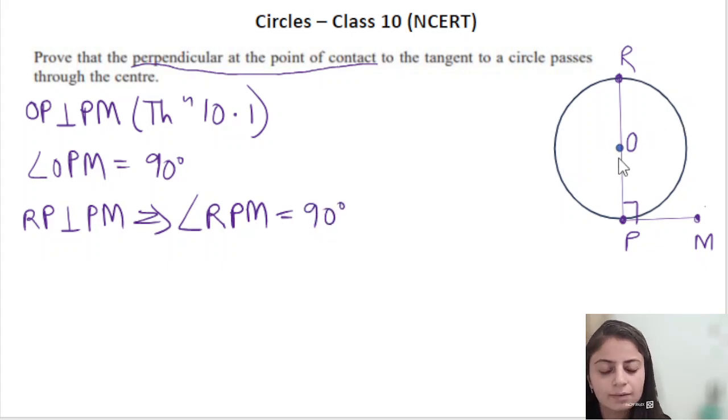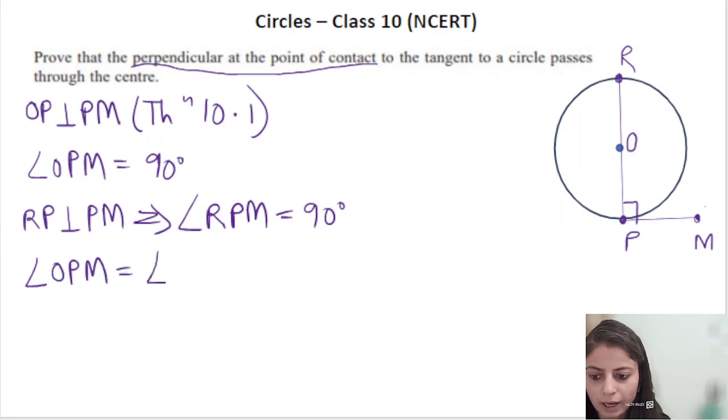Now, since angle OPM and angle RPM both are equal, this is possible only when O lies on this line RP. Now I can write angle OPM is equal to angle RPM,